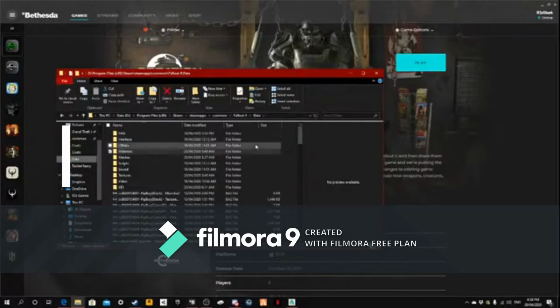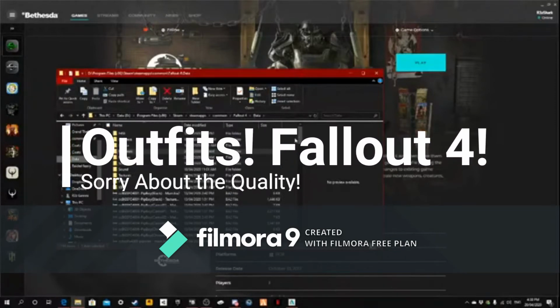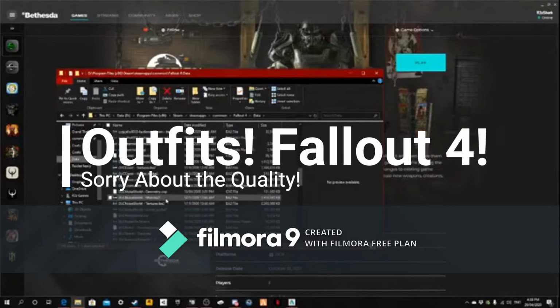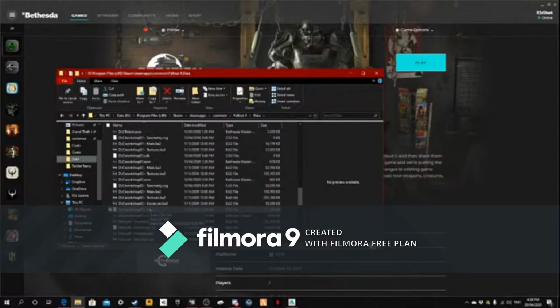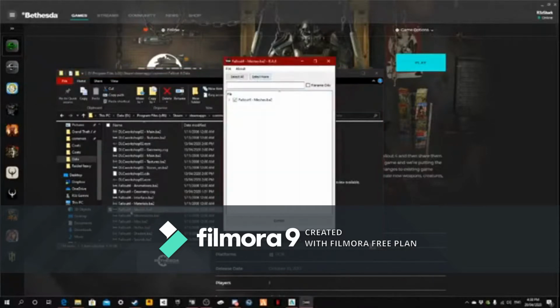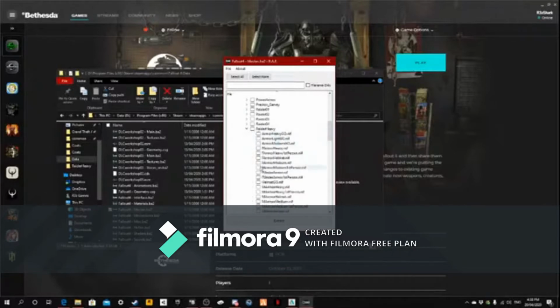Alright, so the first thing we want to do in this stream is, we're in our data folder. We want to get the meshes for the male character. We've done the female character, but I deleted that stream, so we're gonna do it again, and this stream won't be deleted. I'm in the meshes folder, which is 3D models. I'm gonna select none and expand. I'm gonna go to armor, and scroll down to Raider Heavy, where I'm going to select the male